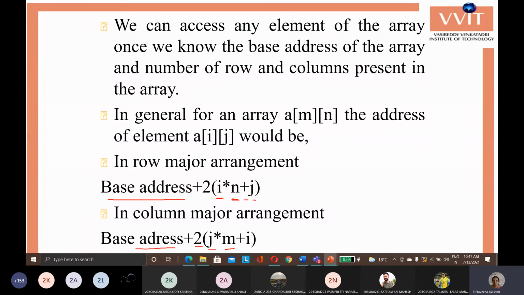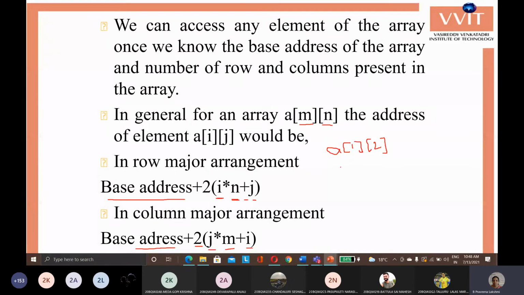Say, for example, if I want to find the address of a particular element like A of 1 2, we will find it based on the row arrangement first. Assume that the base address is 100. That is the initial address of this two-dimensional array.